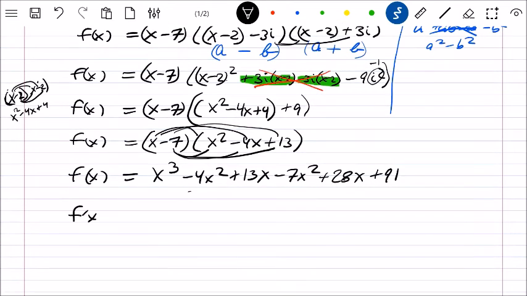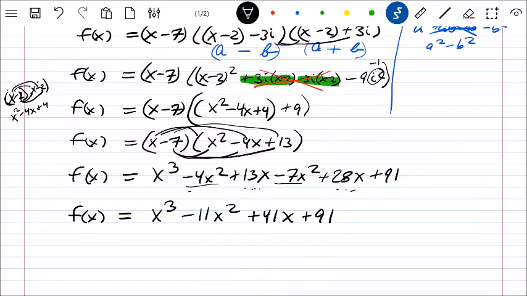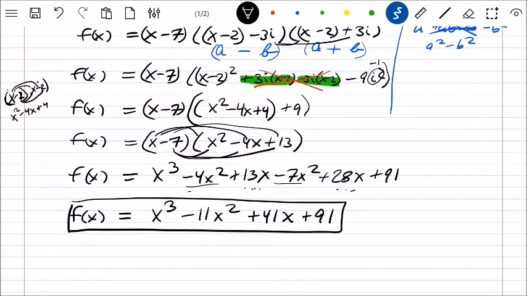Now let's put them in the right order, combining like terms. So I have an x cubed, and then I have two of them that are x squared. So that's going to be minus 11x squared. And then I have two of them that are x's. So 28 plus 13 is plus 41x. And then only one of them that's a constant. This is the way you handle a conjugate